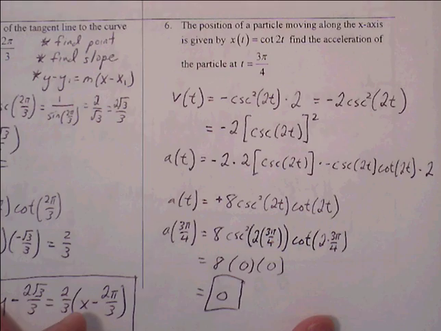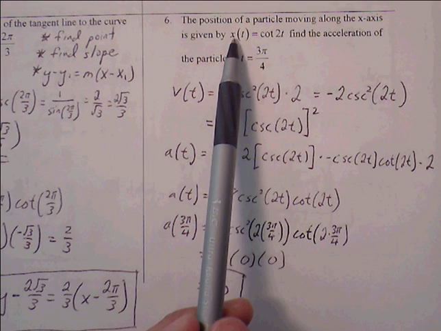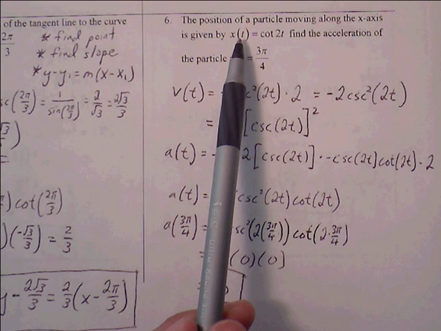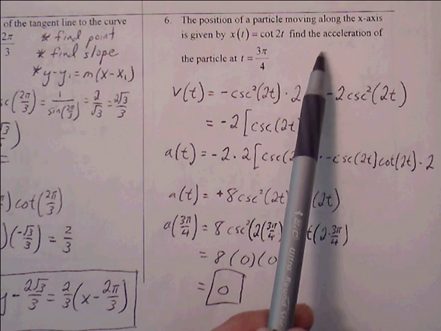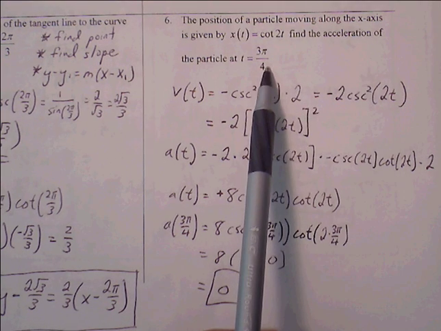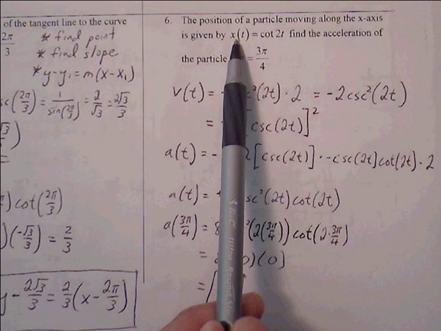All right, number 6, we have the position of a particle that's given to us, x sub t. Find the acceleration. So to get to the acceleration, we have to work our way down to the second derivative. And then once we get down to the second derivative, we can plug 3 pi over 4 into the second derivative. But first things first, we need to get to the velocity function,